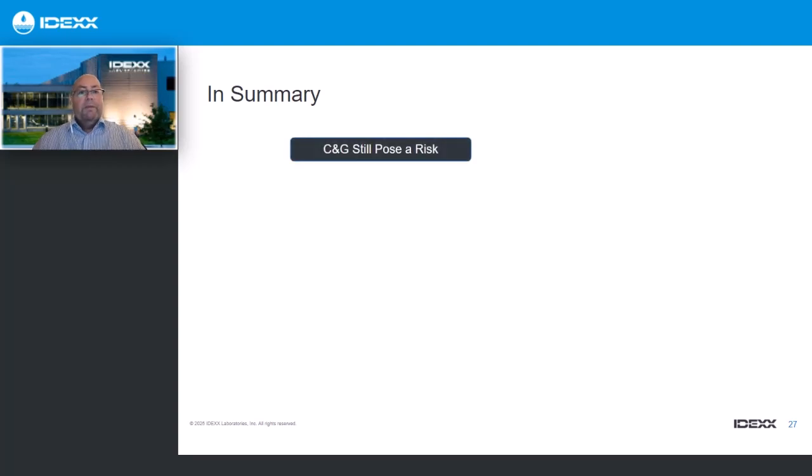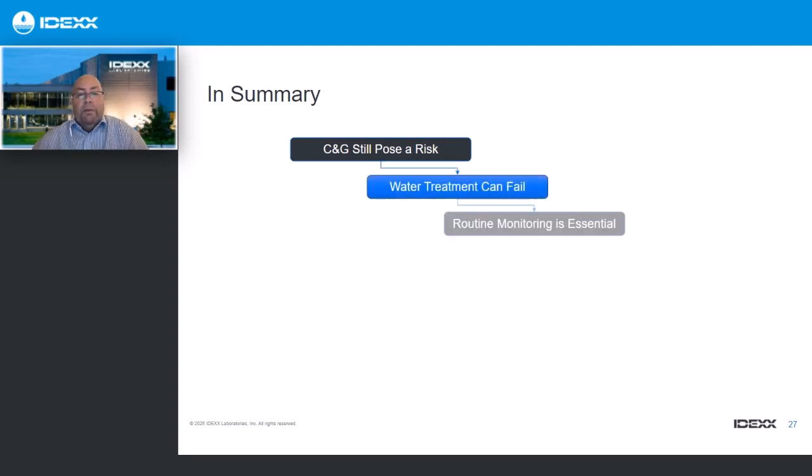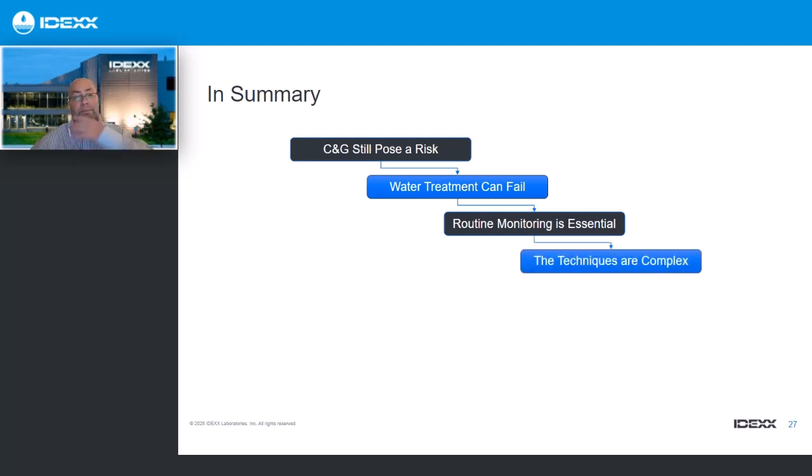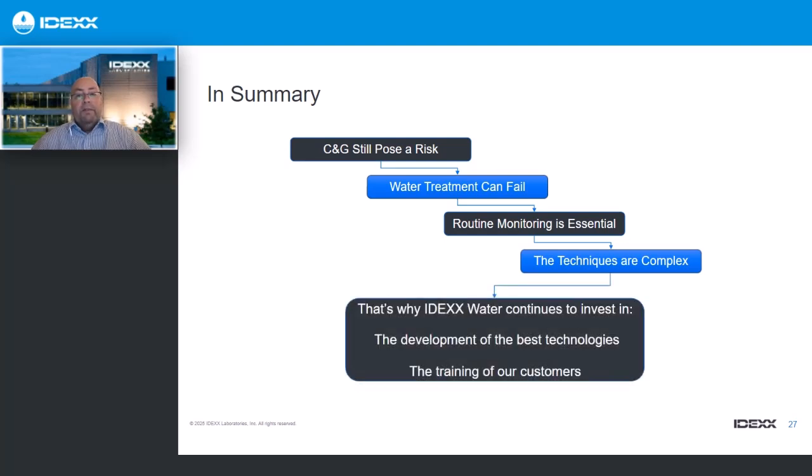So in summary, Crypto and Giardia still do pose a risk to public health. Water treatment can fail. Routine monitoring is, in my opinion, essential. The techniques are complex. We appreciate that very, very much. But we continue to invest in it. We continue to try and develop the best technologies for this analysis, and we invest in the training of our